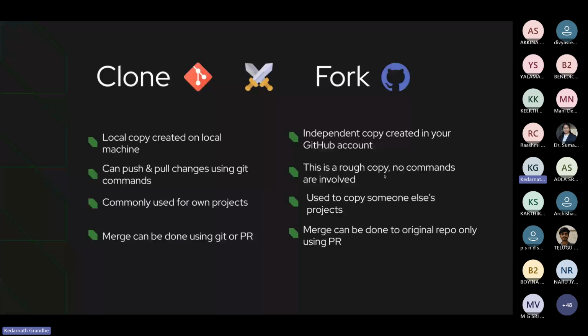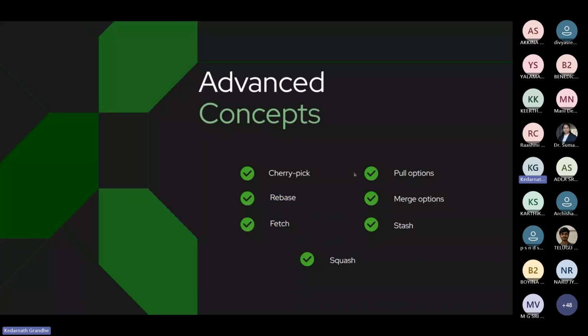This is commonly used for your own projects, but you can copy someone else's projects. Merge can be done using git and PR. It can be done only through PR because git is a command line tool, and you don't have command line facility here in fork. So we have looked at git status, git clone, git push, git pull, merge, diff, all